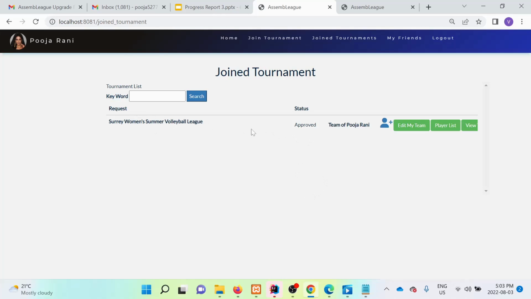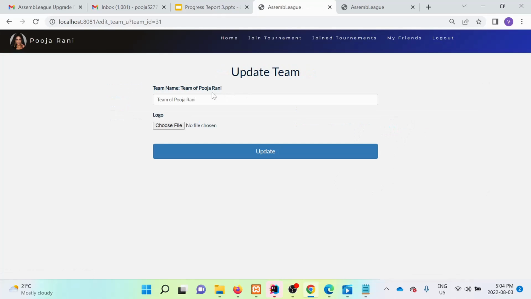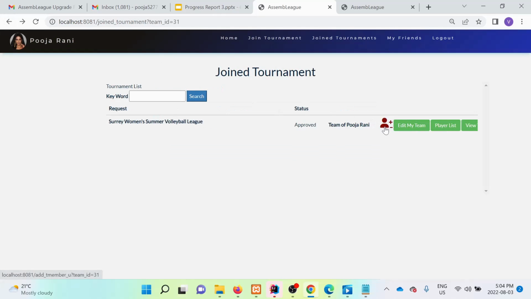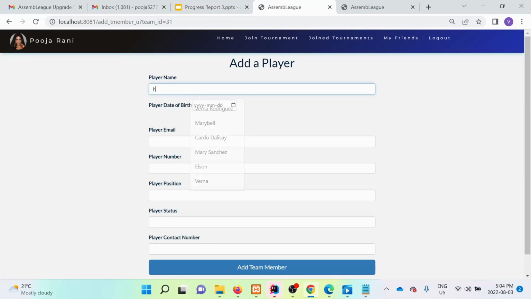But for now, as the status is approved, I can edit my team for this tournament, as well as add the players. So by default, they set the name of the team as Team of Pooja. Let's go to add the player. By clicking on this button, I can just